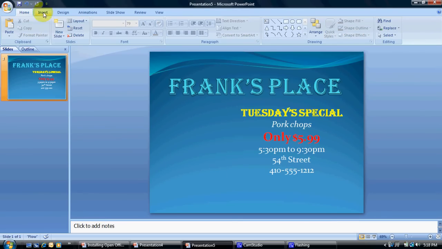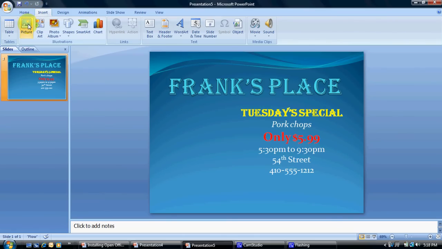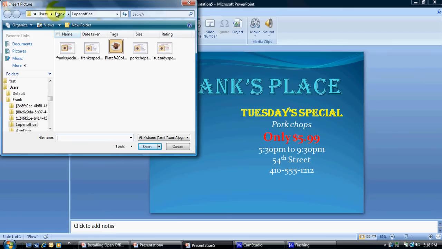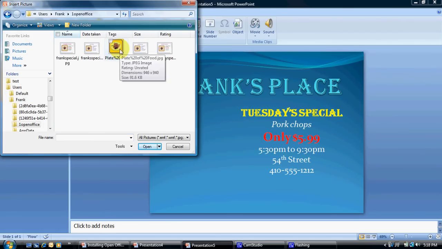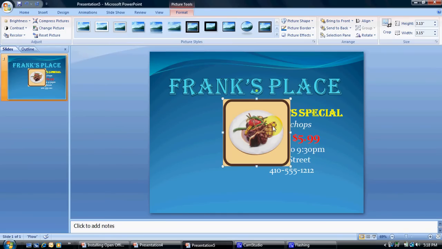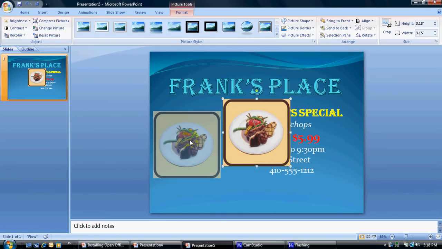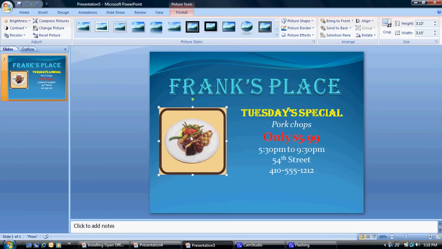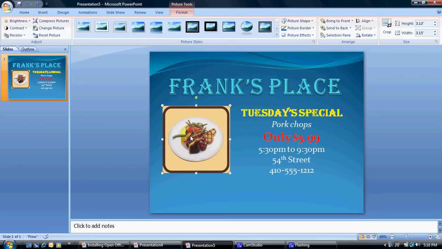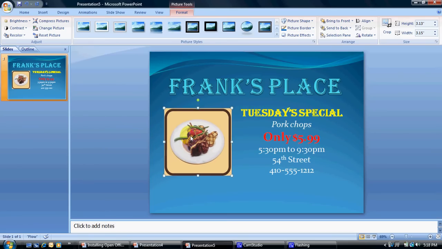But we need a picture, so we're gonna hit the insert key here, and we can do all kinds of crazy things, but we're gonna go for a picture. Now I already have this thing going, but normally you drop somewhere. I have one in Open Office, and here's a picture of my pork chop. There it is. As you see, you can drag it and put it where you want it. Let's put this here, maybe a little bit more over. You can actually nudge with the arrow keys like this without even using your mouse